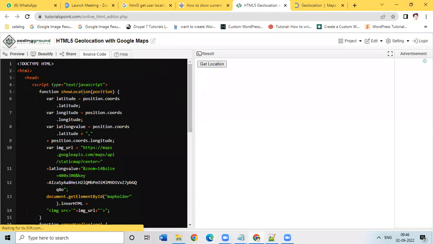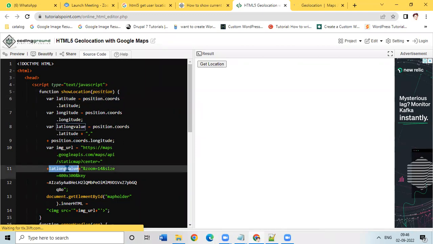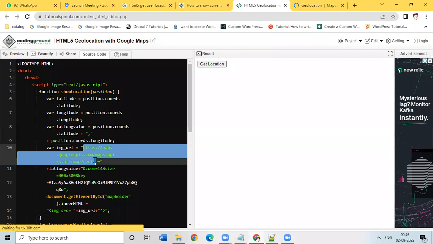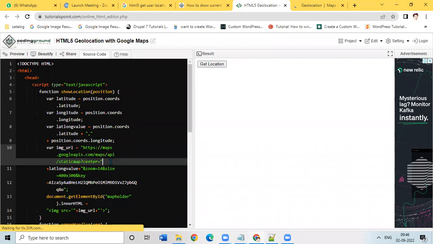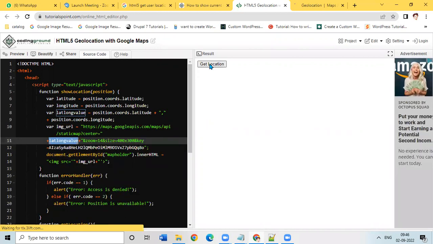So we learned about this, right? We coded latitude, longitude, and how to get them. And that longitude and latitude, we should pass it to the Google Maps. We can see the image URL, right? And this is the HTTPS Google Maps link. And here we have to pass this latitude, longitude value. Okay, position.coordinates.latitude and position.coordinates.longitude. I'm clicking on it. It may be slow,